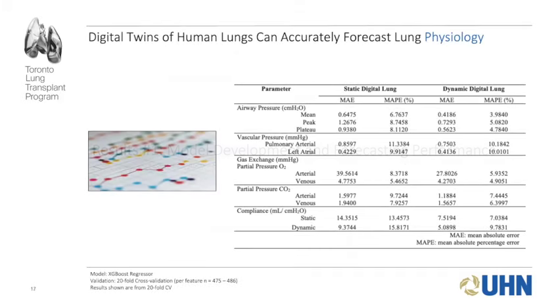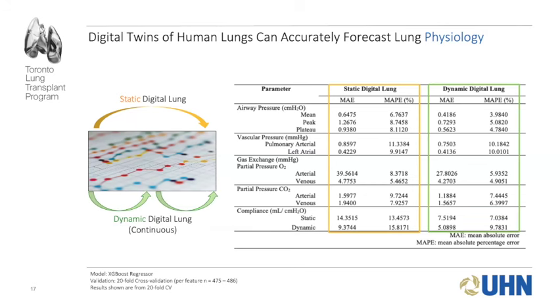performance. So here we're showing digital twins of human lungs can accurately forecast a full panel of lung physiology parameters. The static digital lung accurately forecasts, for example, mean airway pressure within 6.7% of the observed value, the arterial partial pressure of oxygen level within 8.3% of the observed value. And also the dynamic digital lung accurately forecasts the same list of parameters, but with better accuracy. Because as the model has been continuously updated with the most recent data, this is going to make the prediction